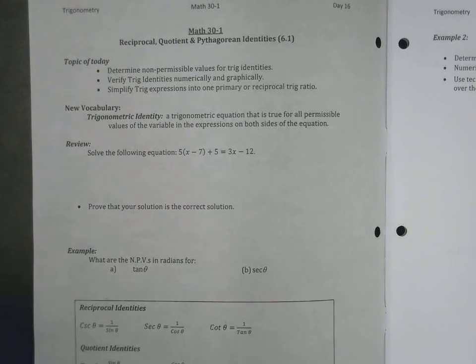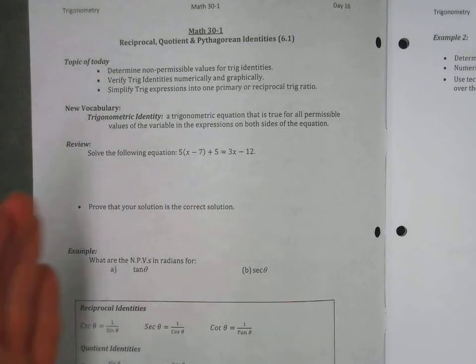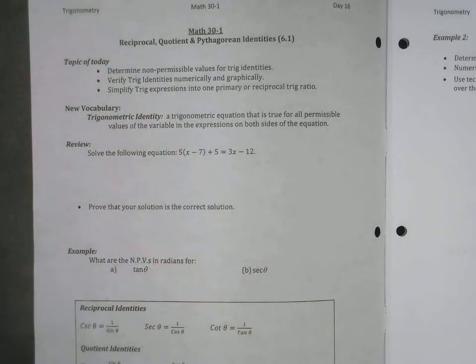So when we work with an identity, what we're trying to prove is that the left side of the equation is actually equivalent to the right side of the equation. We're not trying to solve the equation, we're proving that this expression is equal to this expression. Thinking back to our junior high days and solving an equation,